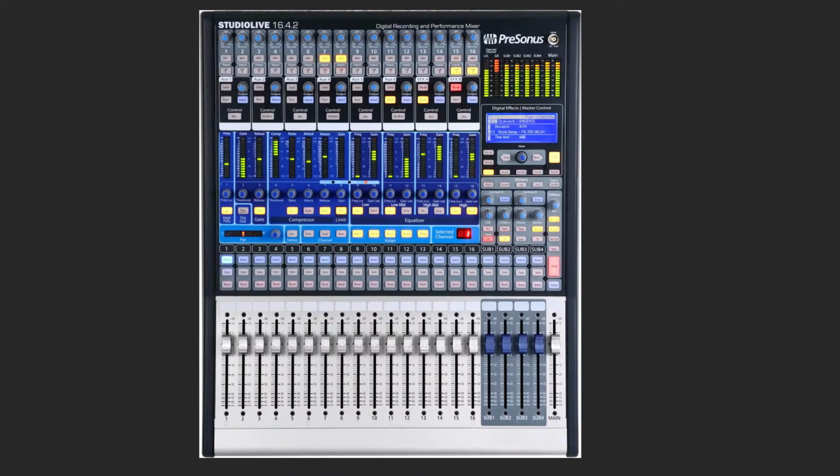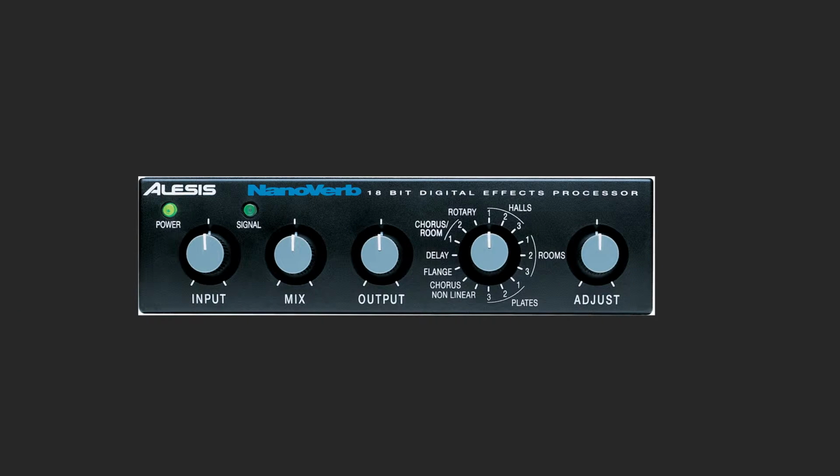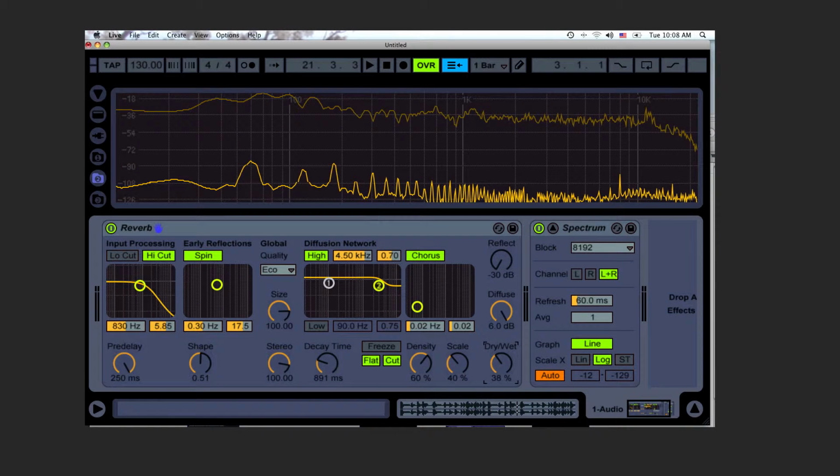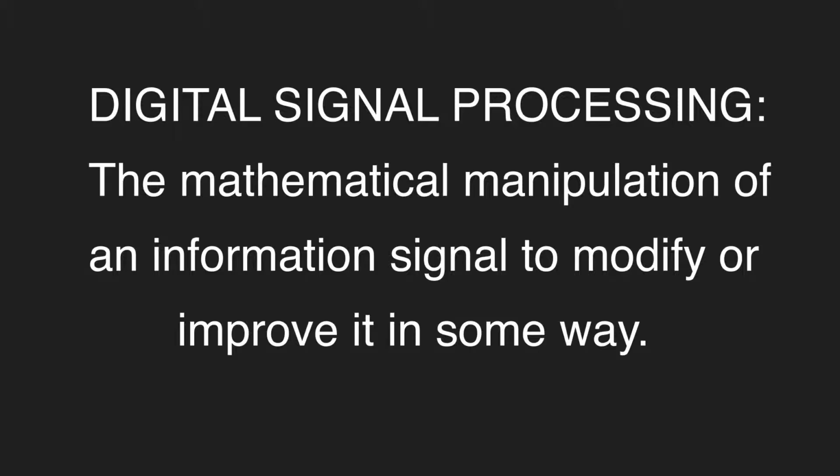Reverb is created when sound waves bounce around, causing a large number of reflections to build up and then decay as the sound is absorbed by the surfaces of the objects in the space. Reverb, whether it's on a mixing board, a standalone hardware unit, or a plug-in on a digital audio workstation, uses DSP, or digital signal processing, to emulate a room or sonic space by creating a series of naturally decaying repeats